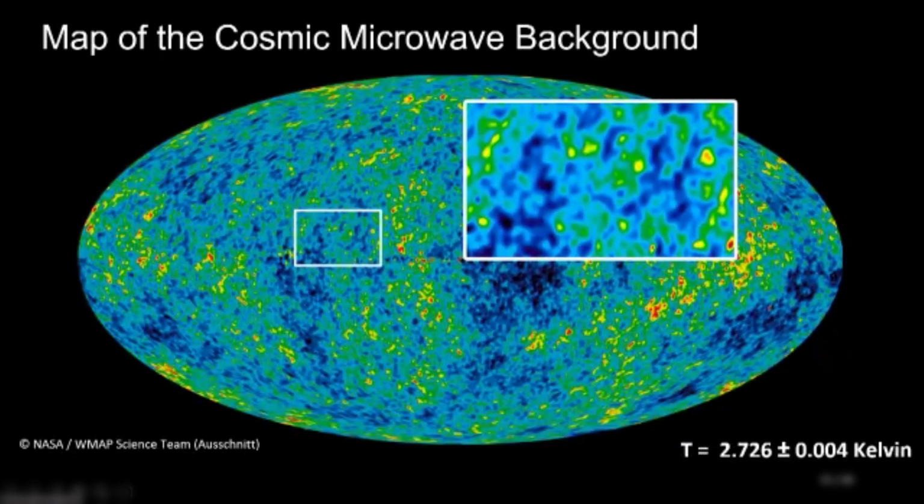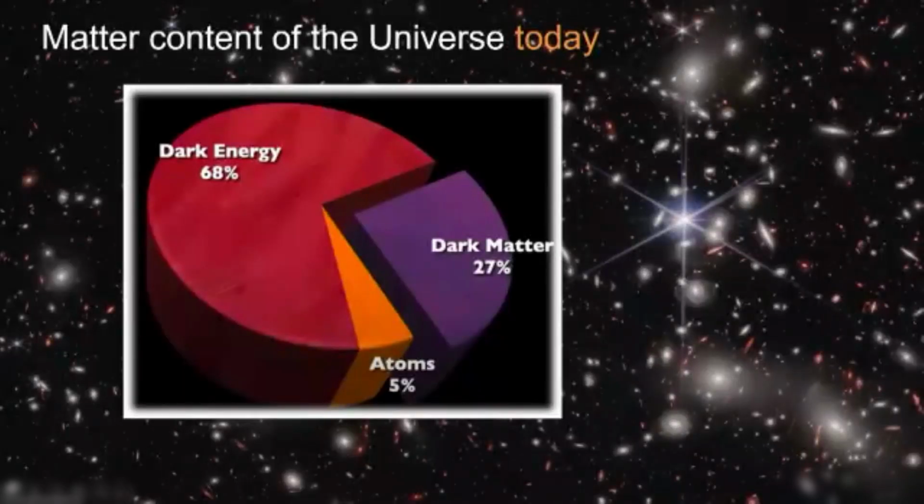Nonetheless, modeling these fluctuations, explaining the temperature profile of the universe, brought us a model that predicts the cosmological content of matter in the universe, and that is the standard model of cosmology that predicts the content of matter and energy in the universe. And shockingly enough, we have learned, confirmed by other experiments, that what we know of the universe, the matter and the forces that we know of the universe constitute only 5% of the total. 5% is known matter.